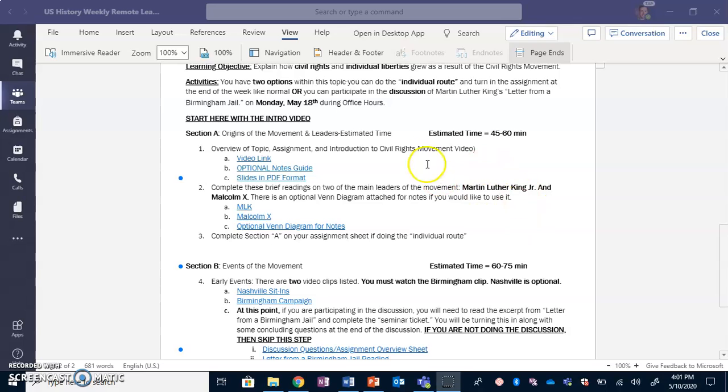The whole thing should take you between 45 and 60 minutes. You also have two brief readings on Martin Luther King Jr. and Malcolm X, two of the really big, well-known leaders. And then I have an optional Venn diagram if you'd like to take notes on it, but you don't have to do that. However, when you are done, I think it would be good if you want to break